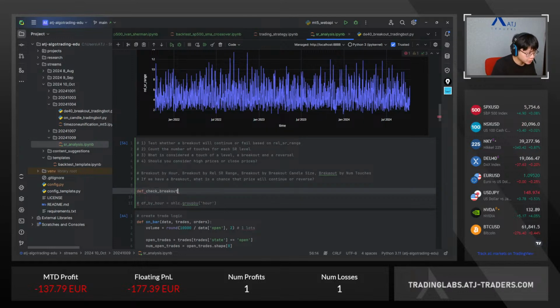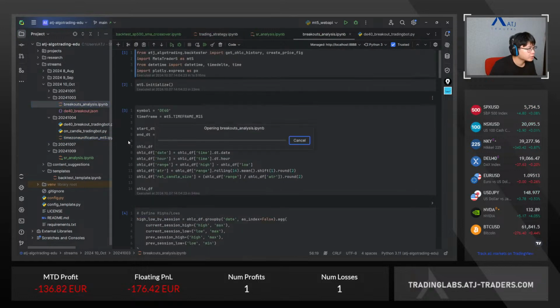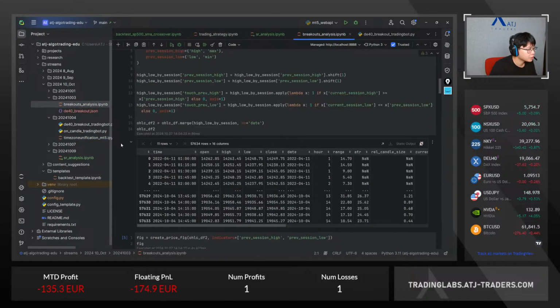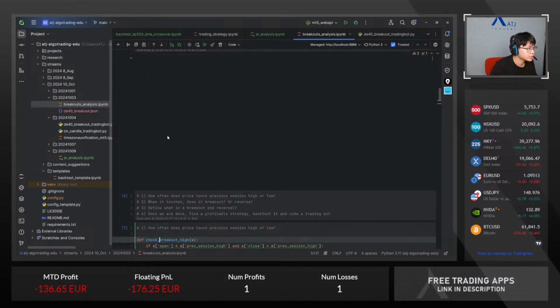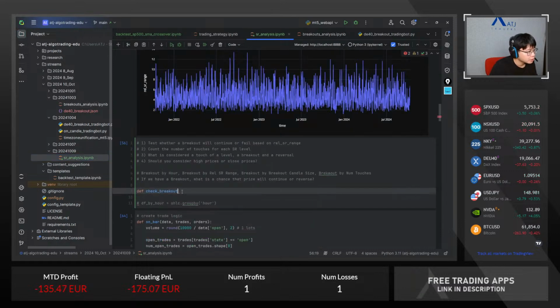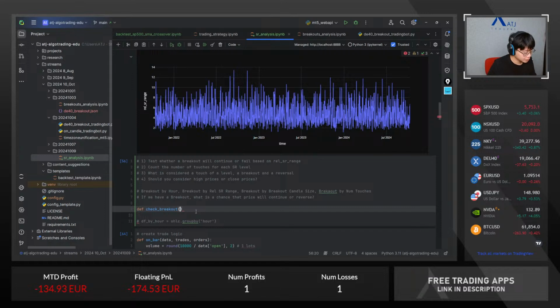It's a very similar function to the one we created with our DAX trading breakout bot. And here in the breakout analysis, maybe I can copy a function that I've already made, like check breakout high or check breakout low. So we just want to check if the breakout is bullish or bearish. So to check the breakout, what we can do is